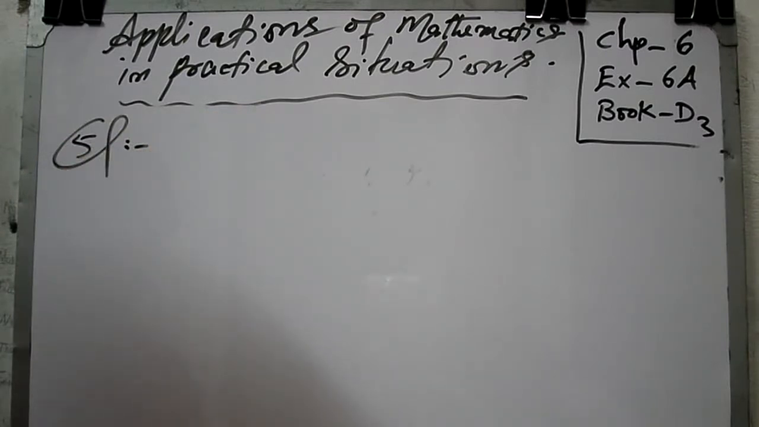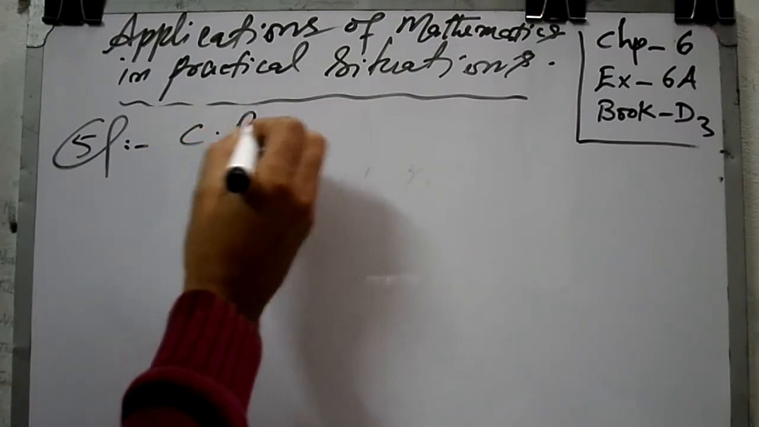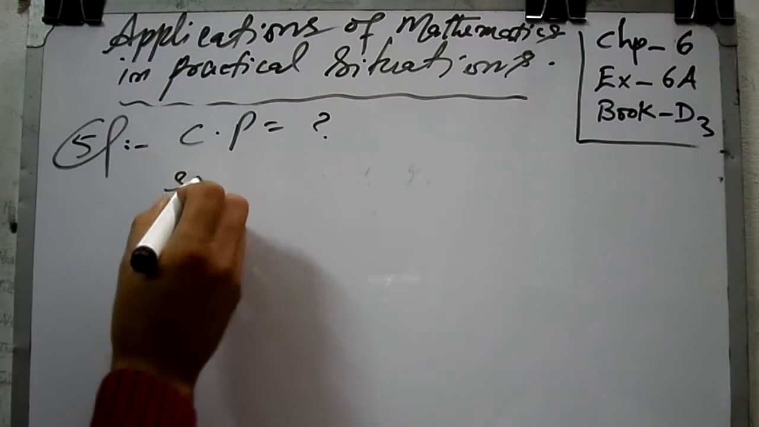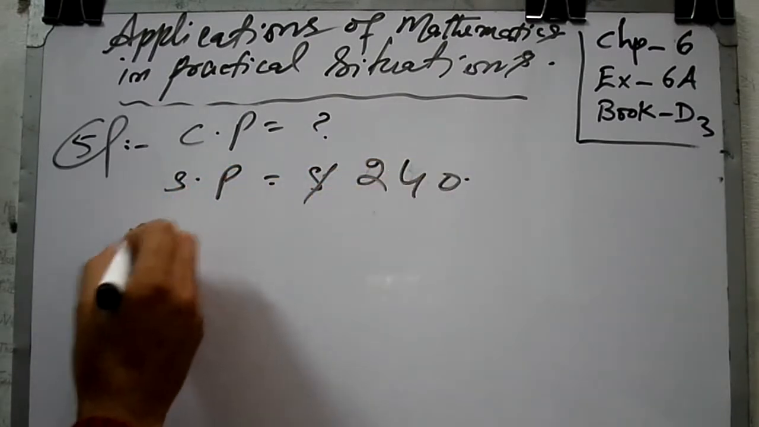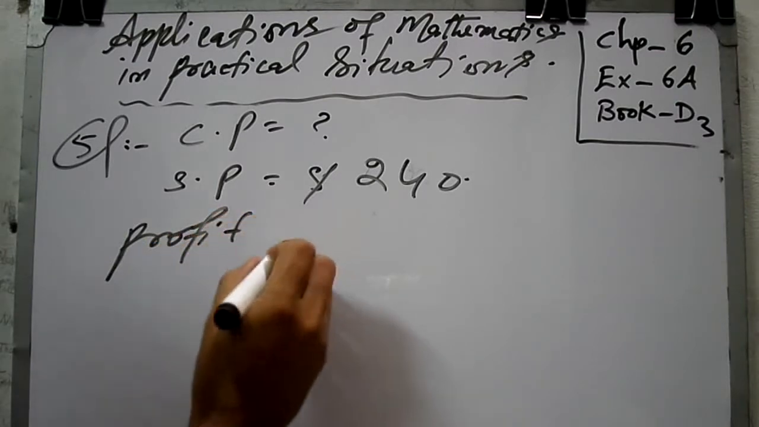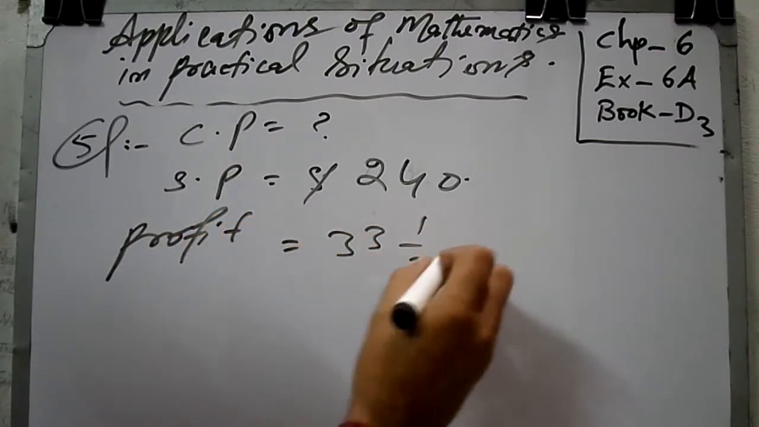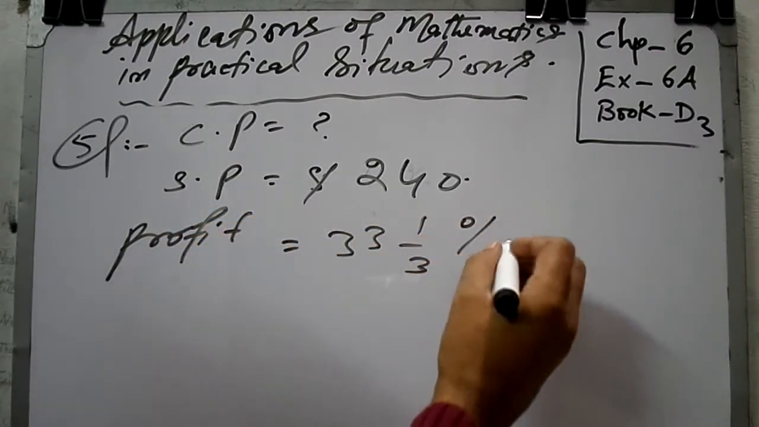Question number 5. To make a profit of 13 whole 1 by 3% on cost, a bicycle must be sold for $240. What is the cost price of the bicycle? Okay, first of all, cost price we have to find. Sale price is $240. Profit is 13 whole 1 by 3%, which means that